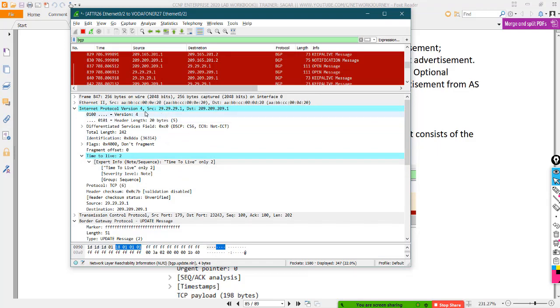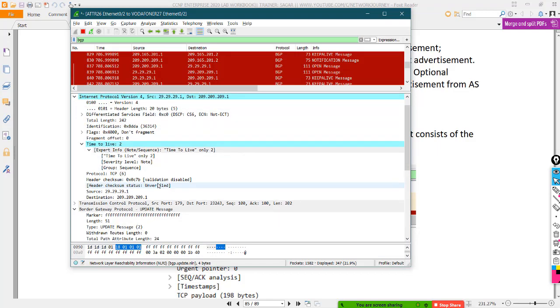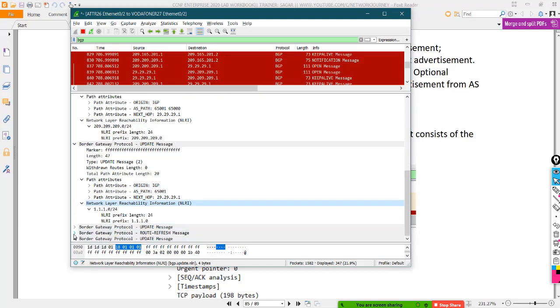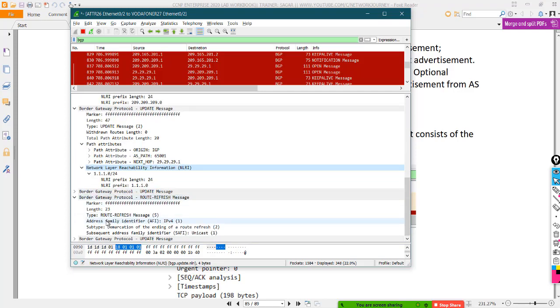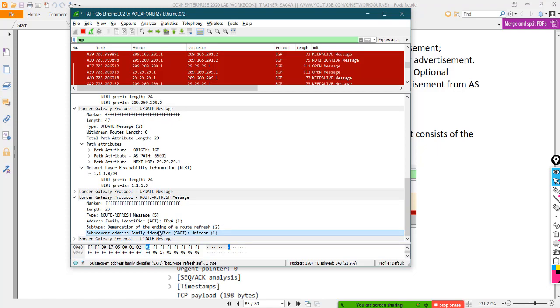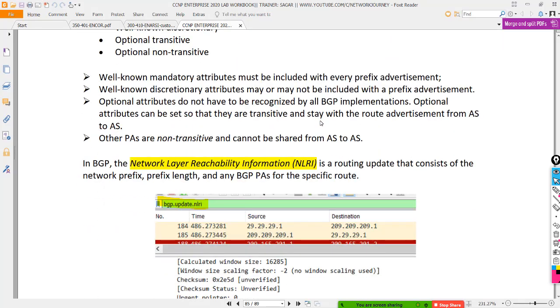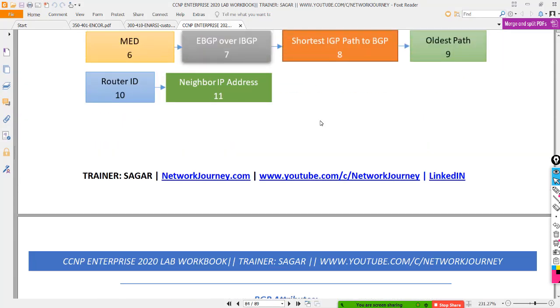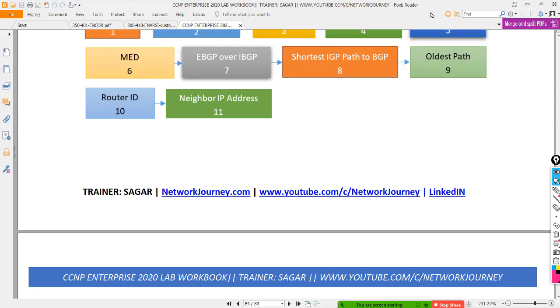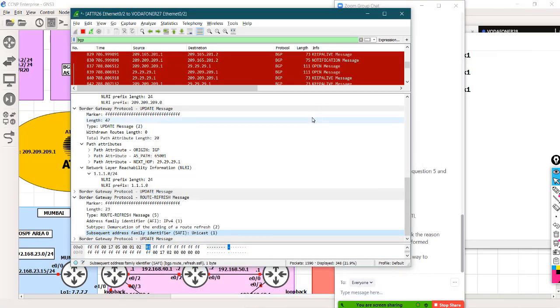And the other two things here which I showed you in the route refresh are the address family identifier and the subsequent address family identifier. This is also important. I'll tell you this in the next class with some examples so that you understand. So if there are no further doubts, let's wind up and let's meet up in the next class.